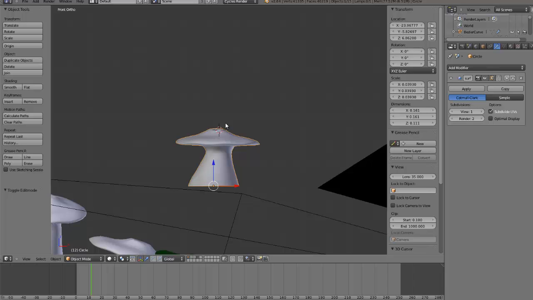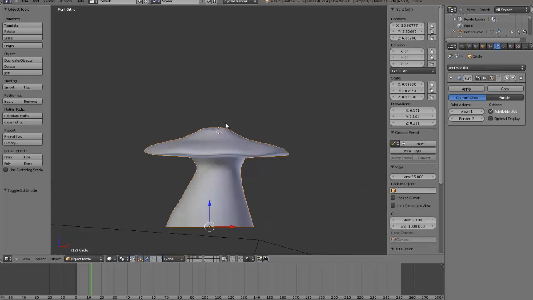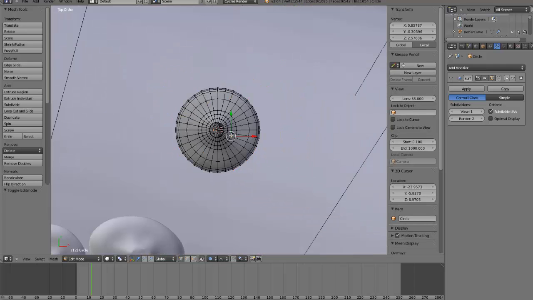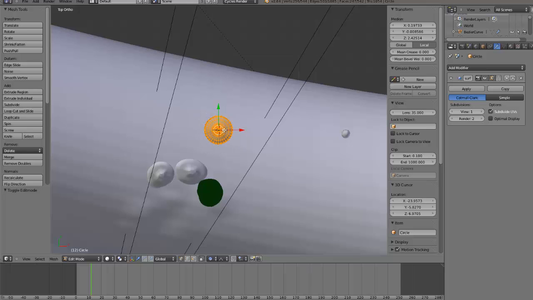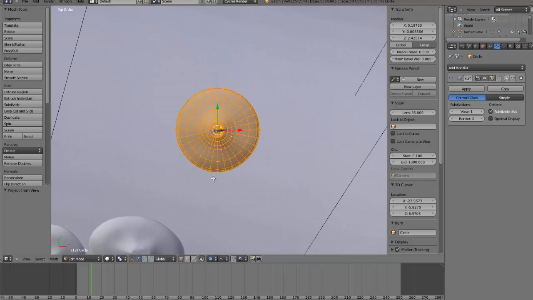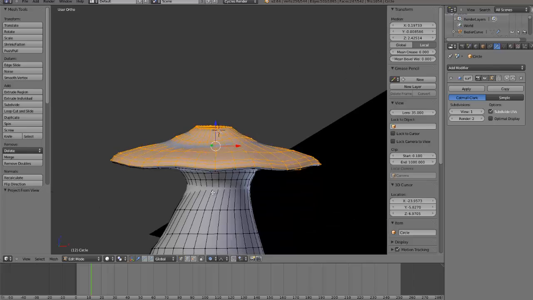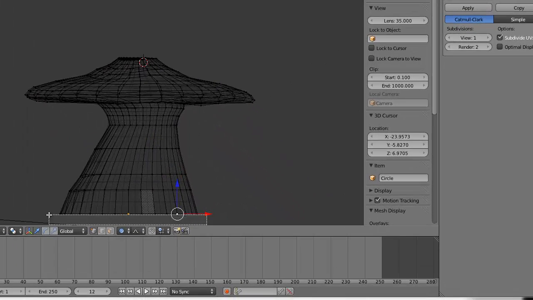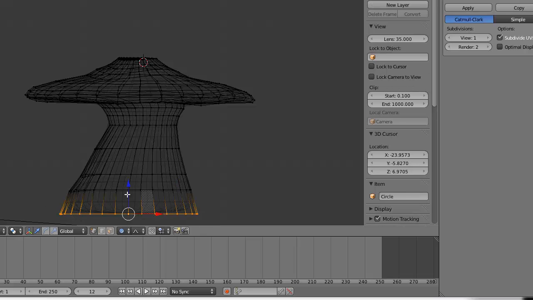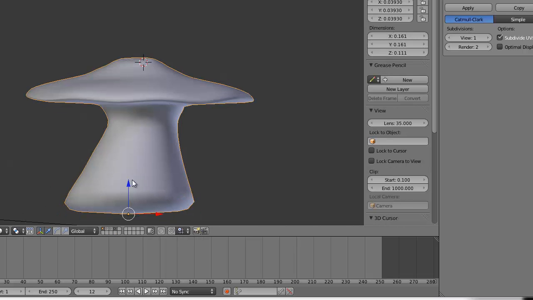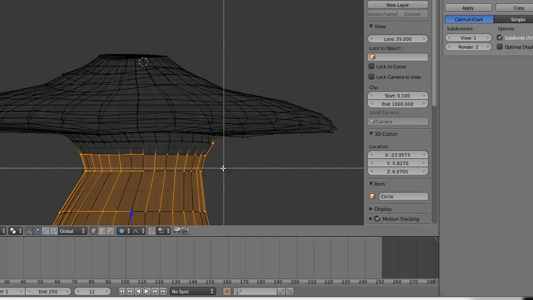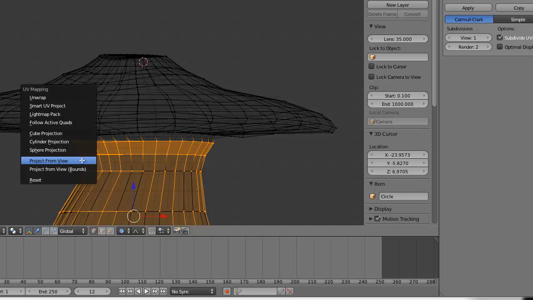Now you want to know how I textured this, of course. Well, it's not really hard. You can project it from view from the top. It's just like this. Project, and you have a nice circle, but then you have to model this bottom, and of course we have to fill the ground. It's not filled, yeah. What you can do is a cylindrical projection from this angle, pressing U, cylindrical projection,